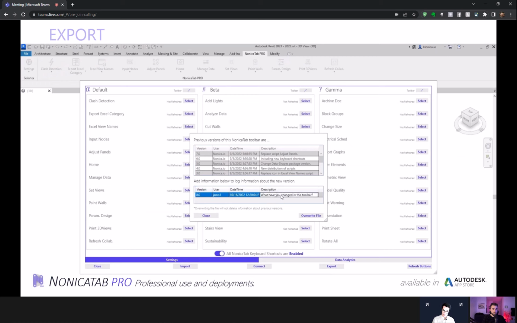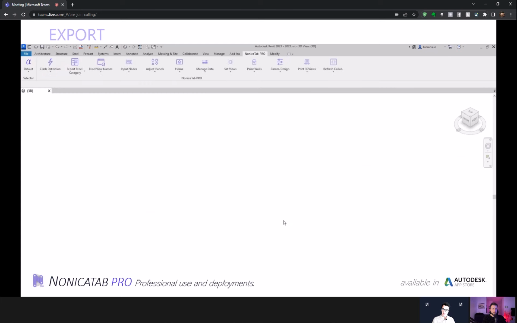Whenever we include that information, we can overwrite the file. And basically, when we overwrite the file, what is going to be created is a .nonica file. That single .nonica file is going to include all the information about your buttons. It's going to include icons,